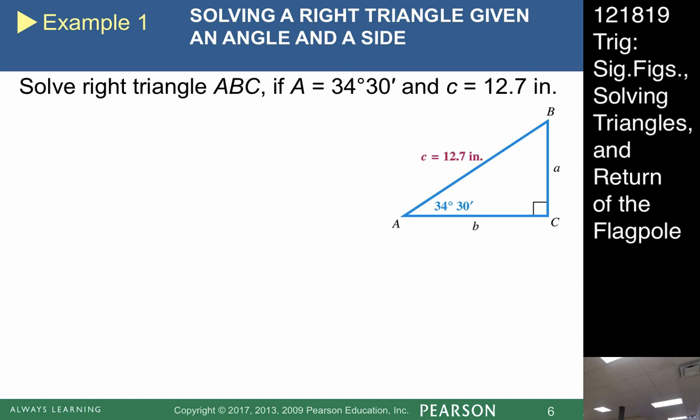Can we keep going with this? Yeah. Well, as long as you have 3 knowns, that's what I'm saying. So you're really only given 2, and then you have the 90, so you have it. If you're given 3 things anyway, I think you can solve it. That's how you solve it if it's not a right triangle. So